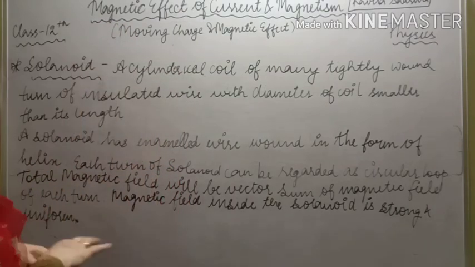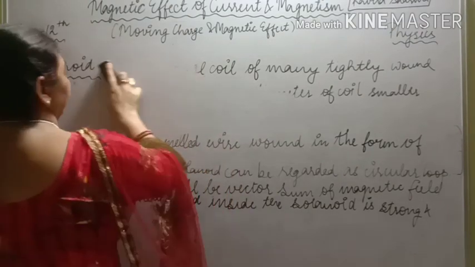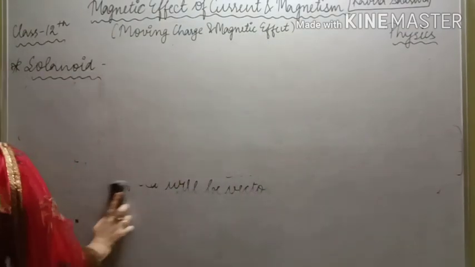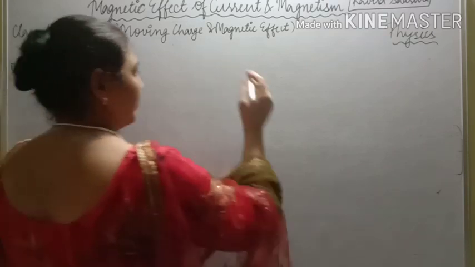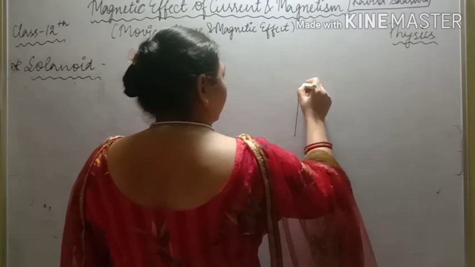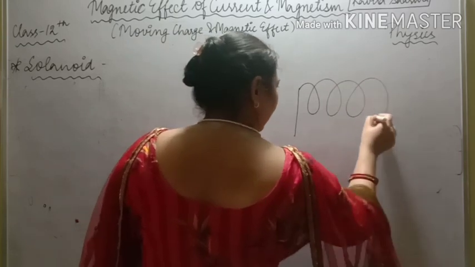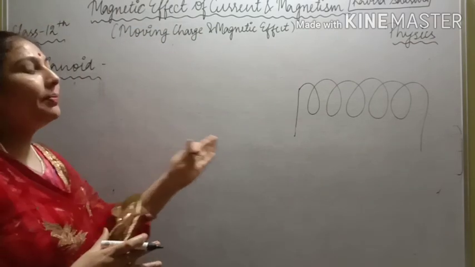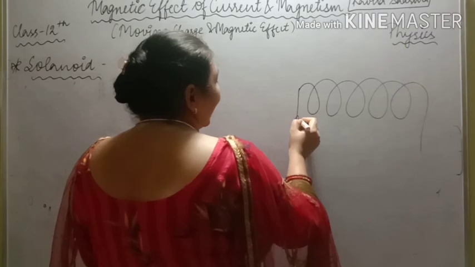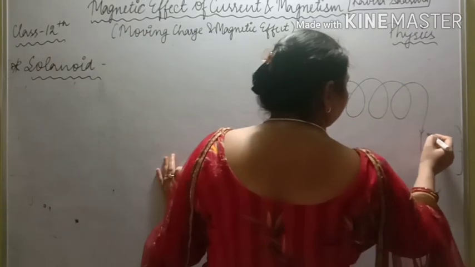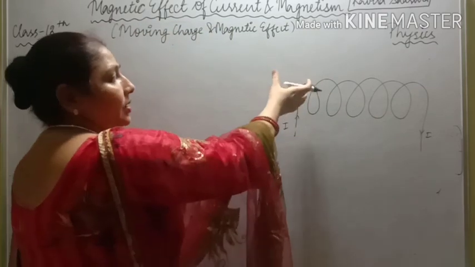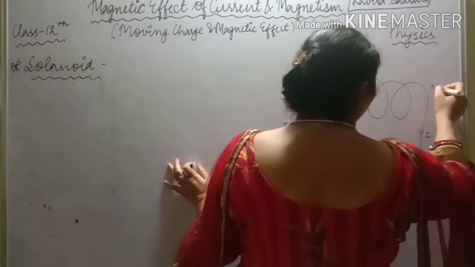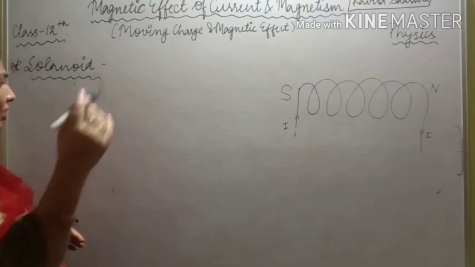So to understand this solenoid, we draw the solenoid, what type of structure the solenoid has, right? For this, we have this solenoid with a number of circular loops, okay, and if current I flows in it, then this on the left forms the south pole and this forms the north pole. How can we write that this is the south and this is the north? To understand easily,